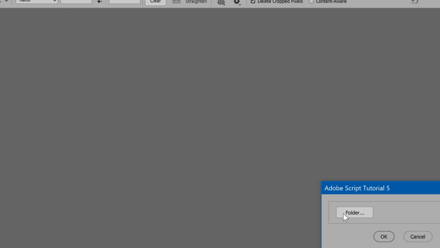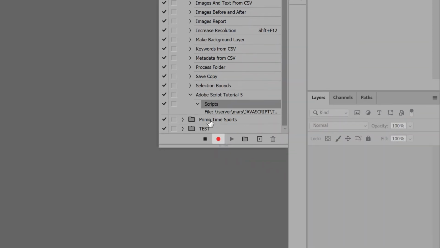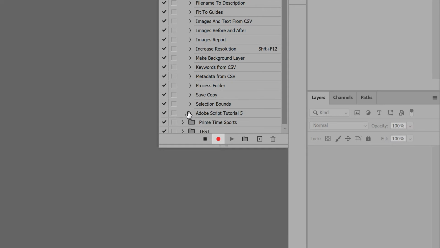If all goes well, the interface should appear. Or an error. If so, that has to be fixed, then record again. Because when a script gets an error, launching it fails to record, and the action remains empty. It worked for me, so I'll click Cancel. And you can see the action was successfully recorded. Now, click the Stop button. To run the script, select the action and click the Play button.